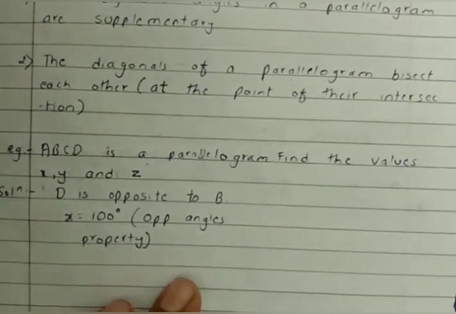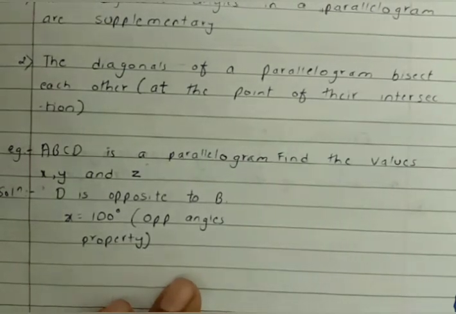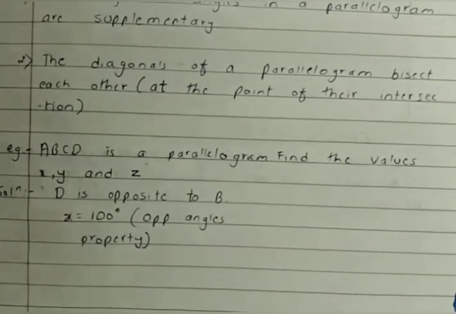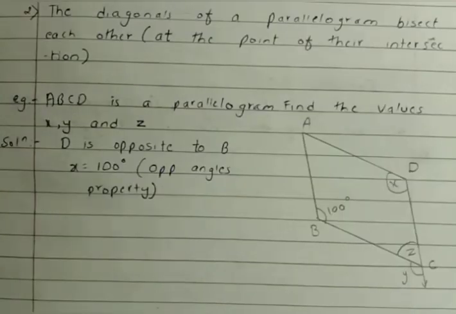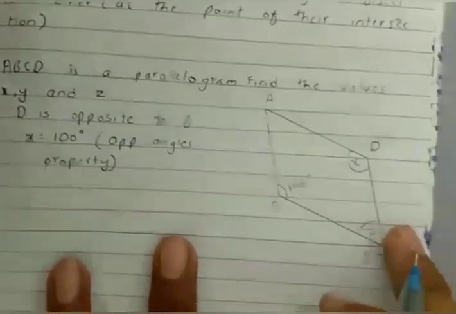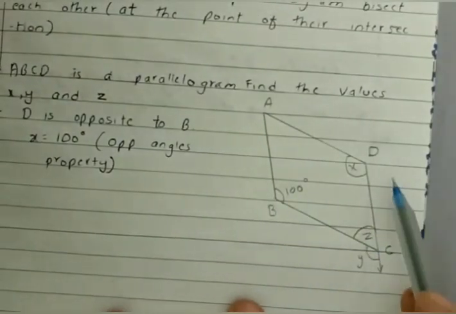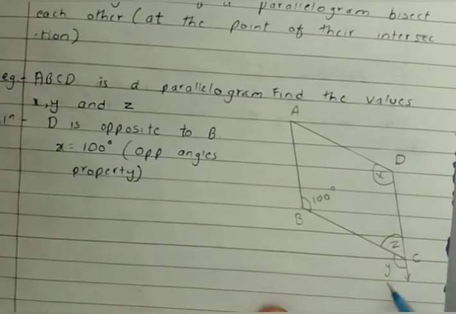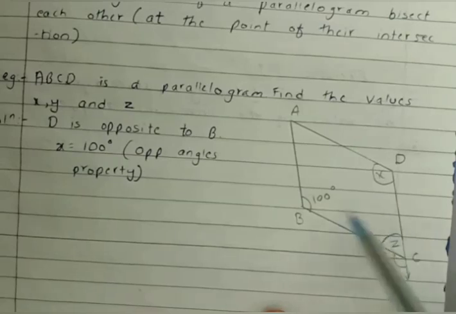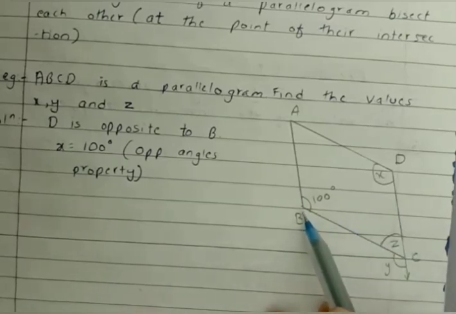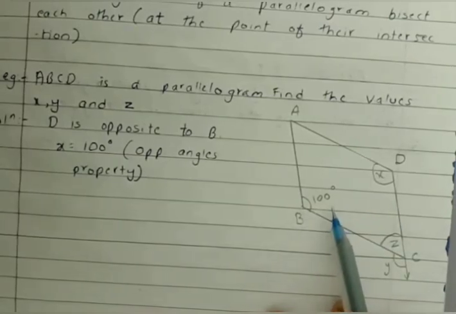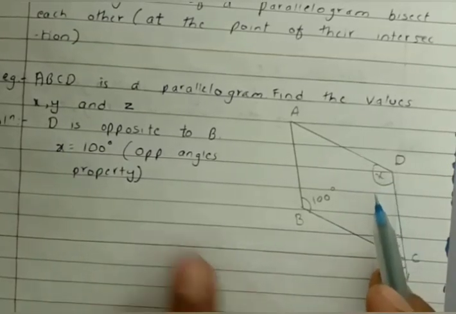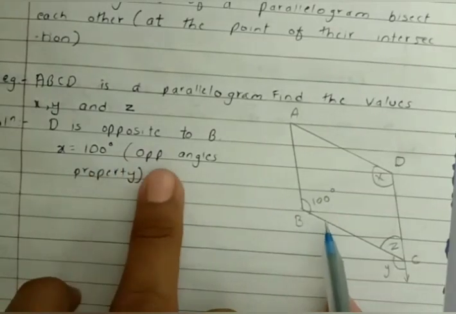First we will draw that parallelogram. ABCD is a parallelogram. You have to find the values of x, y and z. Given is angle B equal to 100 degrees. Angle D also will be equal to 100 degrees. Why? Because of vertical